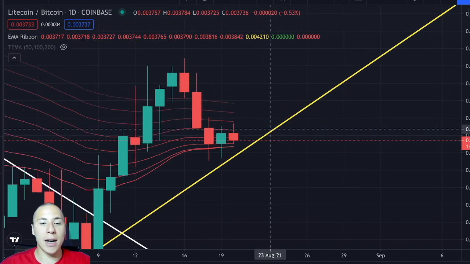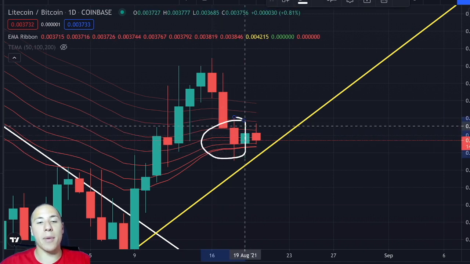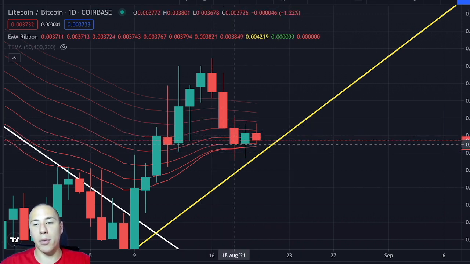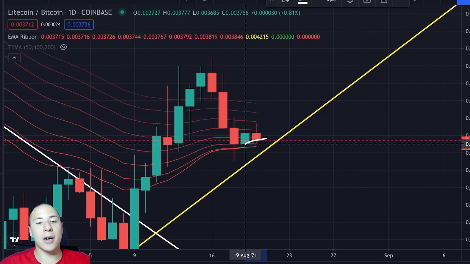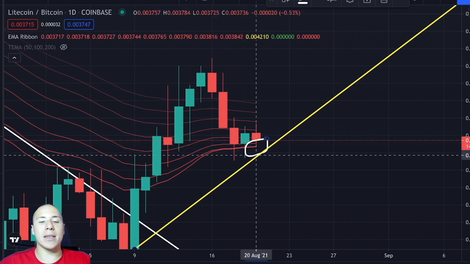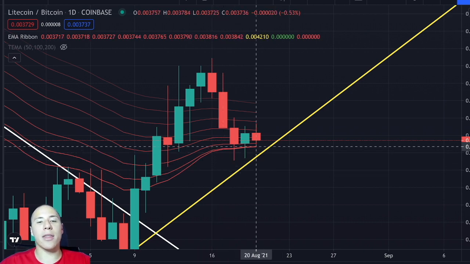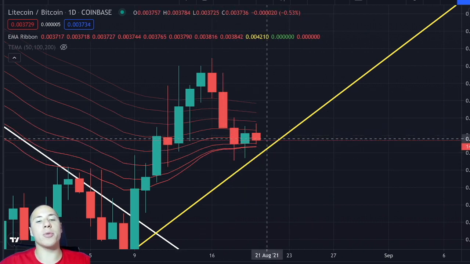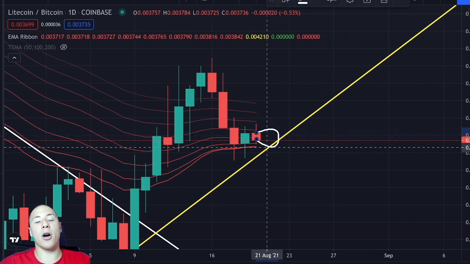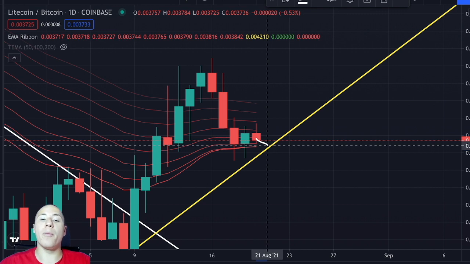You can clearly see that there have been already two daily candles closed above the EMA ribbon at this point in time at approximately 0.003 Bitcoin. And the current candle, you can clearly see that the wick towards the downside has not even passed below the EMA ribbons. The other two did, so I think it's holding very strong currently, and it is very likely for me, once we hit this upward sloping support, to see if we probably could be seeing a movement towards the